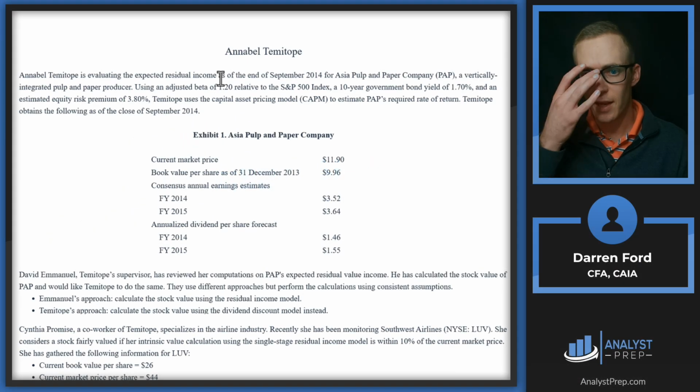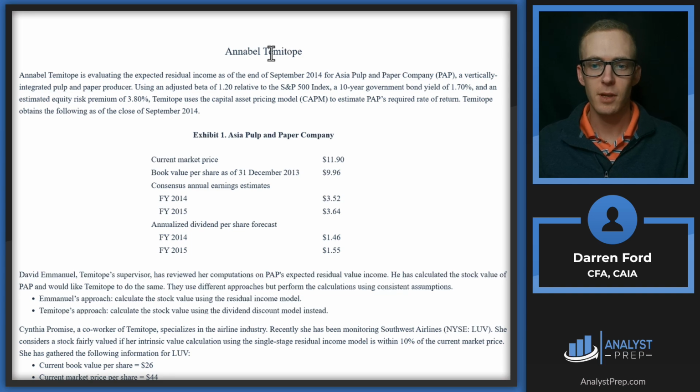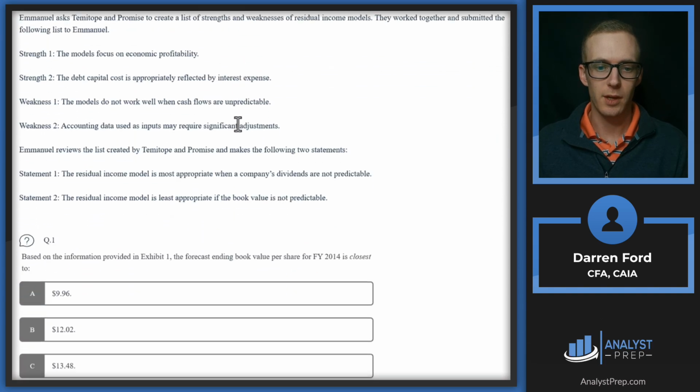All right, we're looking at the Annabel Temitope case study. Let's scroll down and read question number 1. Based on the information provided in Exhibit 1, the forecast ending book value per share for fiscal year 2014 is closest to. So for forecasting the ending book value per share, basically what that formula looks like